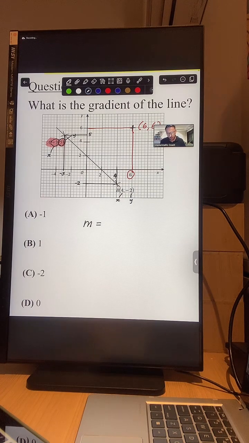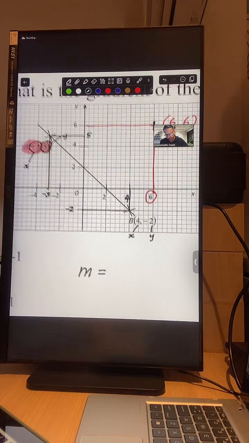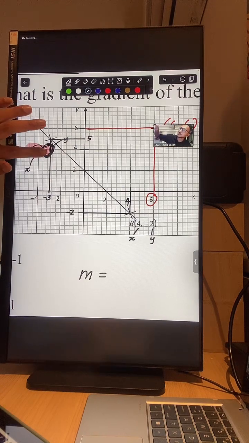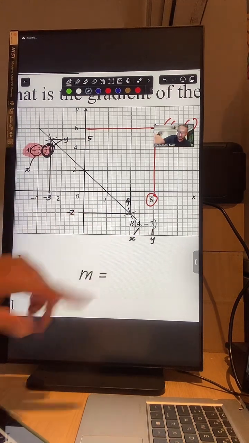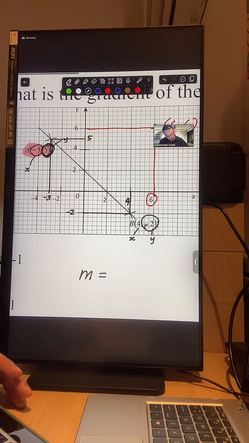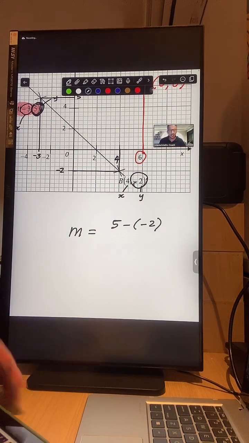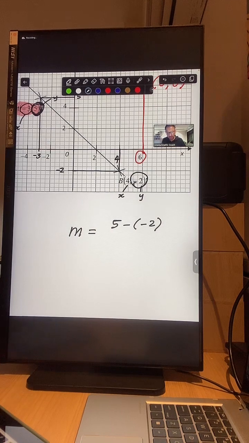So what are the y values? Let's investigate. The y values, I have 5 and I have minus 2. So I'm going to take 5 minus negative 2. Don't forget the negative. The negative sign is important. So 5 minus negative 2 over